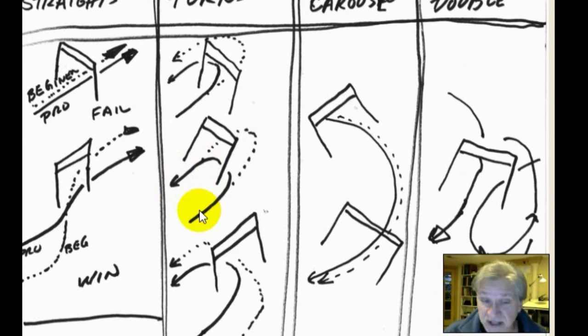Now, your advanced pilot is still going to want to shoot through this, right? But now they've got to make a proactive decision rather than a reactive decision. In other words, much like auto racing, they've got to decide where they're going to put the brakes on before they make this turn. And then the third option is, why don't we just turn this at a 90-degree angle